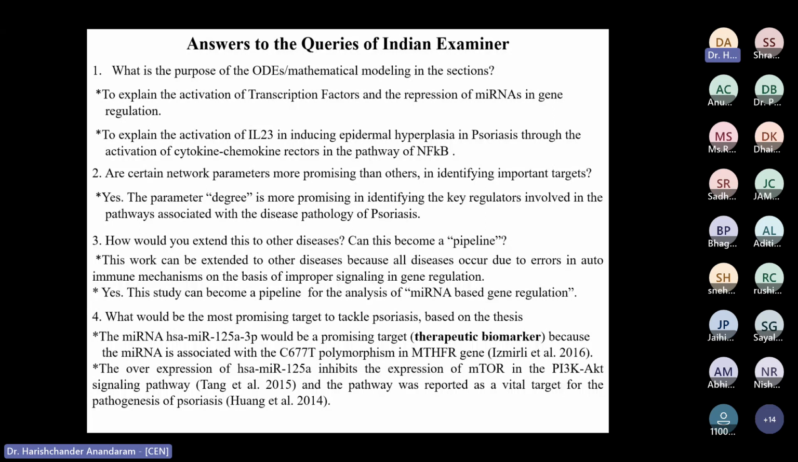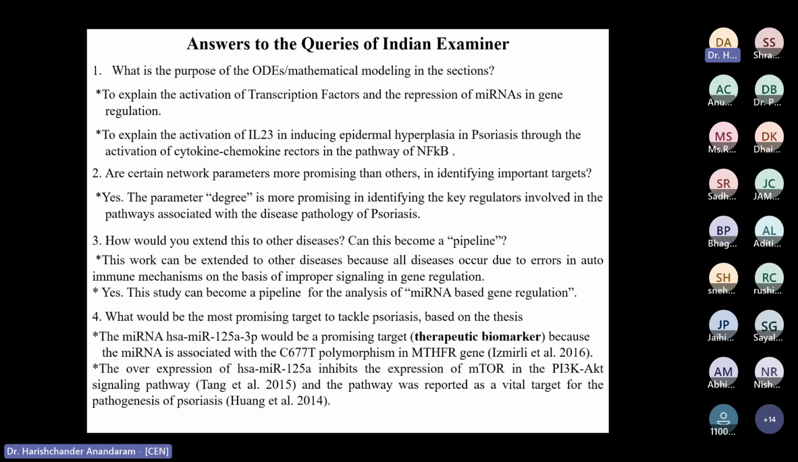And in case of the IL-23 induced hyperplasia, the psoriasis activation through the cytokine chemokine receptors, that is the CCR5 receptor, can be explained by NF-kappa B. And with respect to degree network parameters, though we have a lot of parameters, degree showed a lot of promise in the hub analysis. And with respect to the extension to other diseases, yes, it can be extended, and this can become a pipeline for mRNA-based gene regulation. And the most promising target, as we have reported,